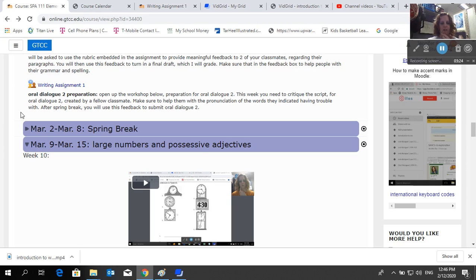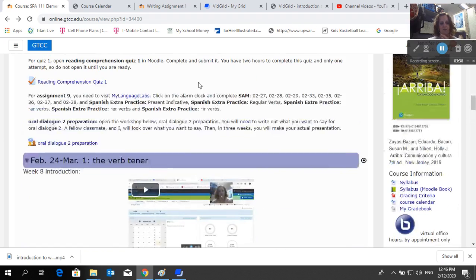then the week after that, it will show up and you will be able to use, after spring break, March the 9th through the 15th that week, you'll see it and you'll be able to go in and see the feedback that you've been given and use that to actually make your recording. And that's everything you have to do for week